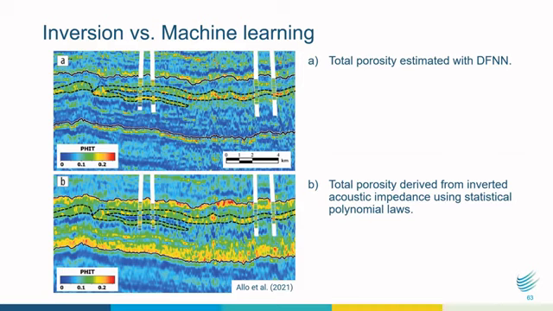These black dotted lines on both of these sections delimit the highly porous layers in the upper part of the Dogger formation. So we were able to obtain a much better, much more detailed estimate using